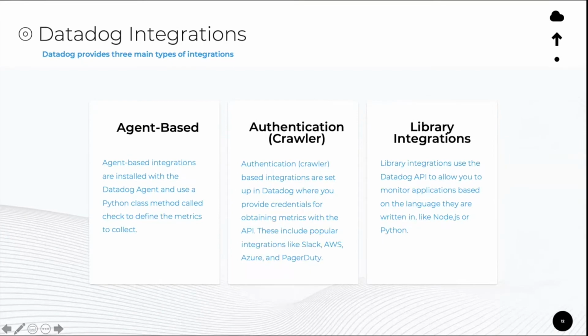Now, last but not least, Datadog provides a massive and very wide spectrum of integrations, whether through its agent-based integration, where we can install a Datadog agent on different operating systems and start collecting different monitoring metrics, or through its API integration,